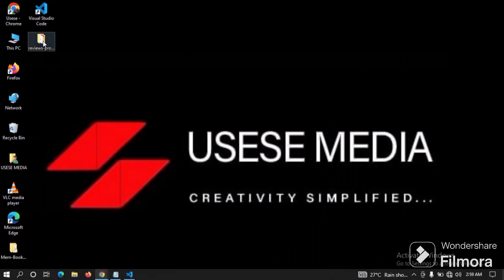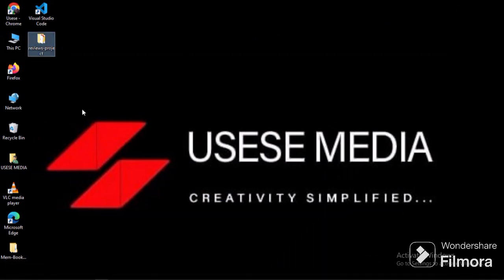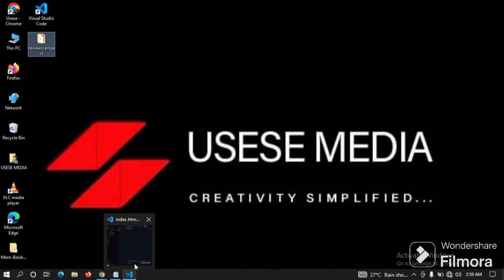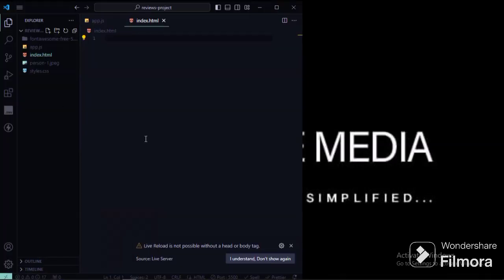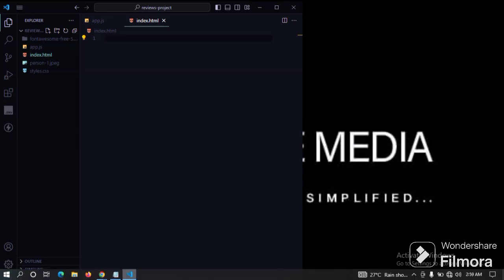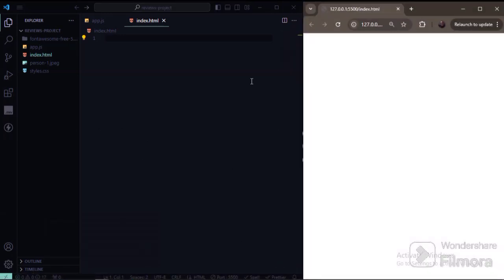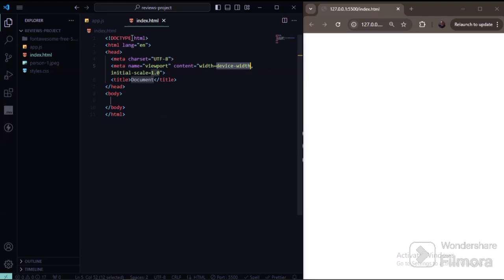So I have my reviews project folder here, which I pulled into my VS Code. We'll be using VS Code for this tutorial. So I'm going to be setting my VS Code side by side with my browser. So I have an index file here which is empty, so I'm just going to set up a boilerplate using the Emmet abbreviation. So I want to give my title here, okay, a reviews app,